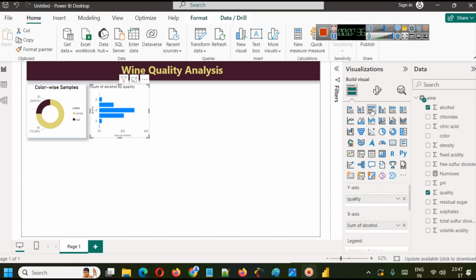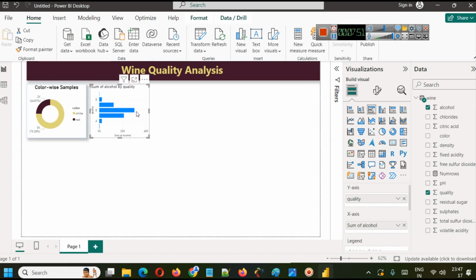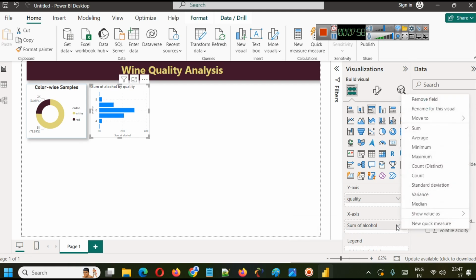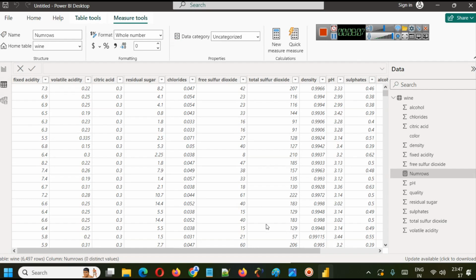So what we are doing here is using a clustered bar chart. In the clustered bar chart, we have different ranges of alcohol on the y-axis. So you can see 3, 4, 5, 6, 7, 8, 9, the different qualities that we have. Wines with total different qualities, and this is sum of alcohol, like the total value of all the alcohol fields combined, but we will just use average here. So on the basis of average value of alcohol here,